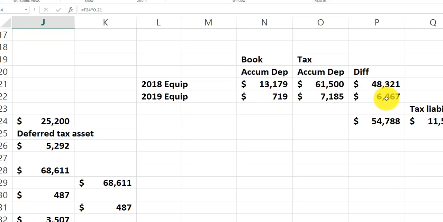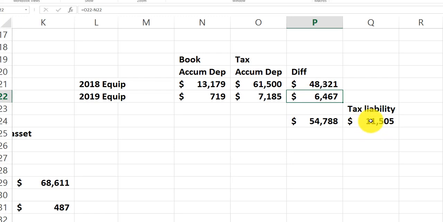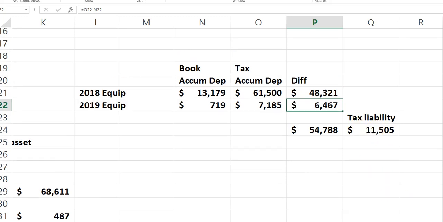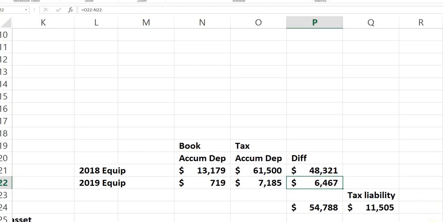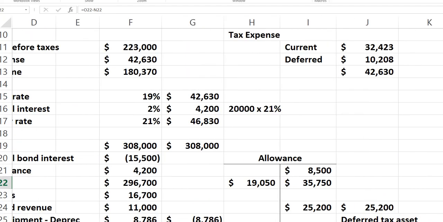48,321 for this year, and then of course the 2019 6,467, for a total difference of 54,788. So literally you build yourself a spreadsheet and show the difference between the accumulated depreciation. That means that we need a tax liability of 11,505. Our liability from last year